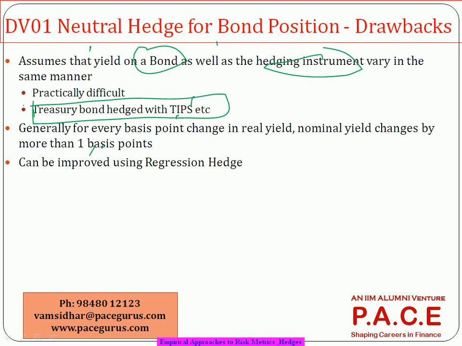But a treasury bond does not go up or go down, the face value does not change, which means when the interest rates go down, the price of the bond is going to go up, whereas when the interest rates are going to go up, the price of the bond is going to go down. But if I am trying to hedge that with a treasury inflation protected security, the price will not go up